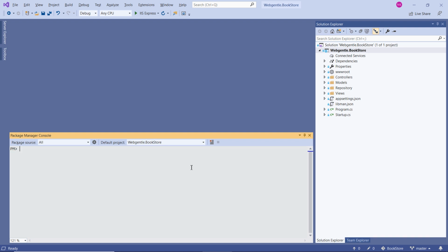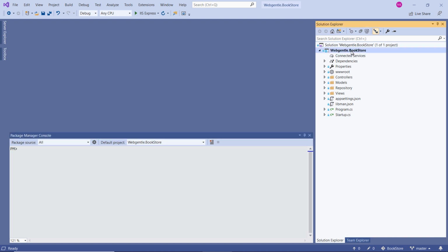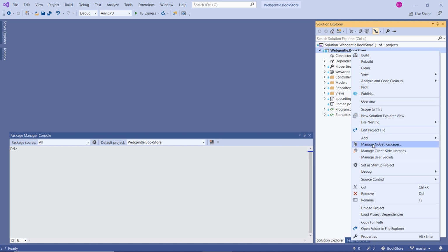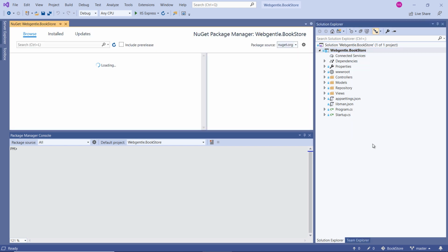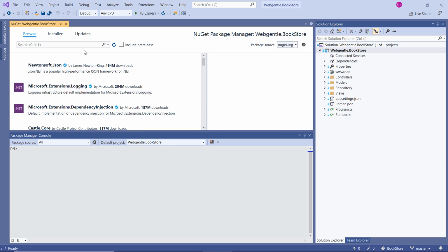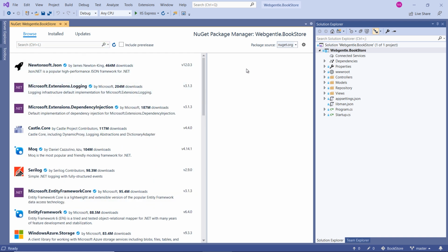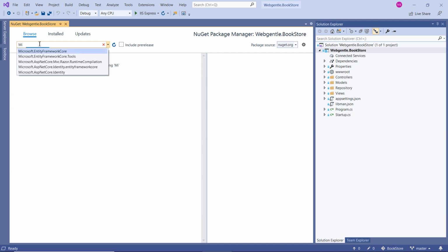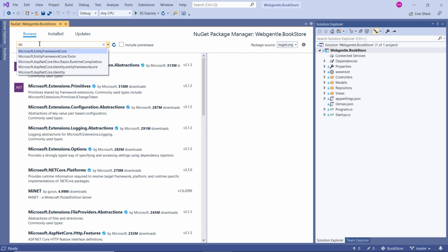There is one more way to install these packages. You can right click on your solution, choose Manage NuGet Packages, and over here you will see that we have a window of all the packages. Before installing the package, you need to ensure what package source you are using. Here is the package source. So I'm using nuget.org. This is the official one. And here I can search for the packages. So I need to write Microsoft.EntityFramework